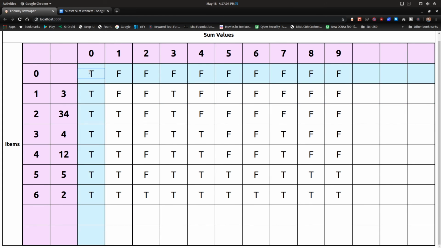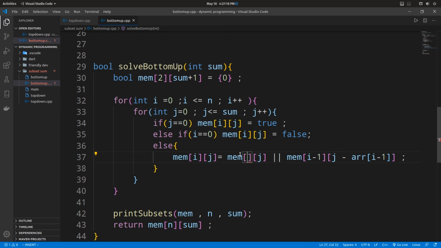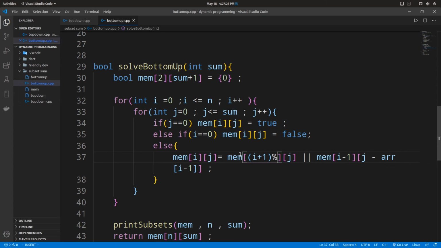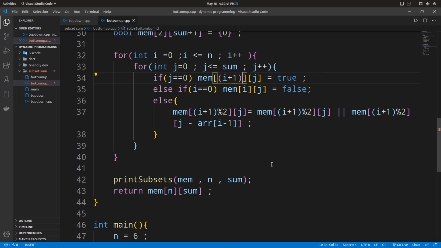Okay, next time when we are at the first row, if we do (i plus 1) modulus 2, then we'll just end up in 1. This is the behavior which we want. So let's just modify that. Instead of looking at the previous row, we do (i plus 1) modulus 2. Similarly, here also we do the same thing. Whenever we are accessing the row, we need to circle back with a modulus of 2, and we continue to do the same thing everywhere wherever we are accessing the row in our memory. Okay, this is modulus 2.